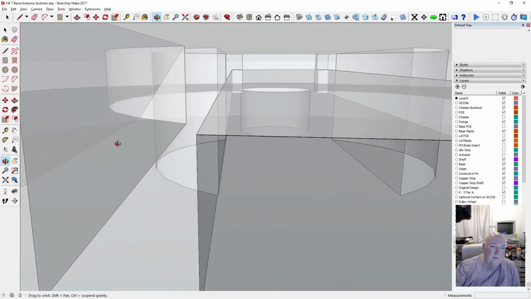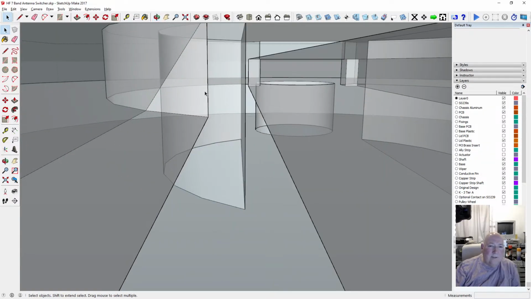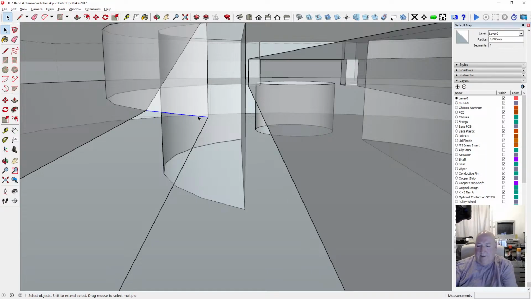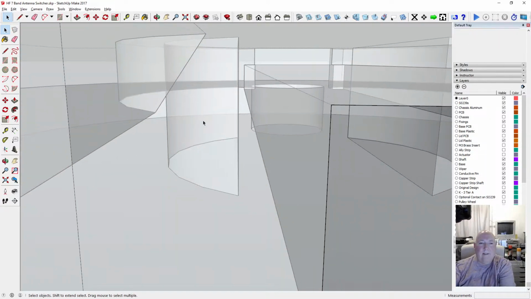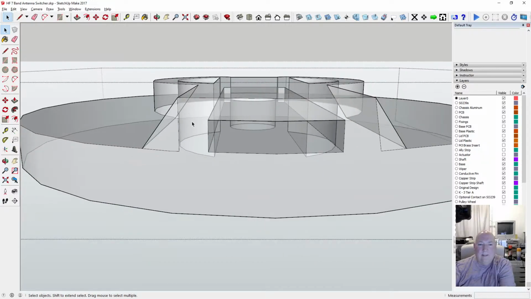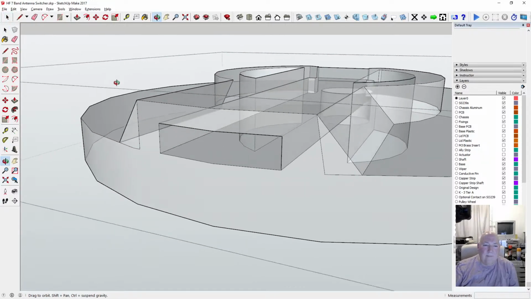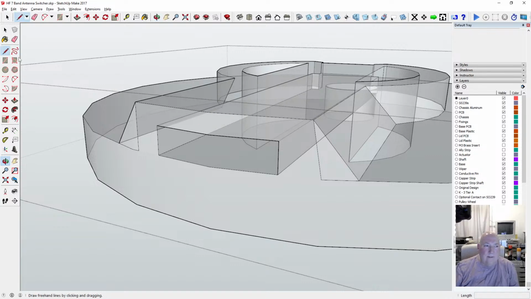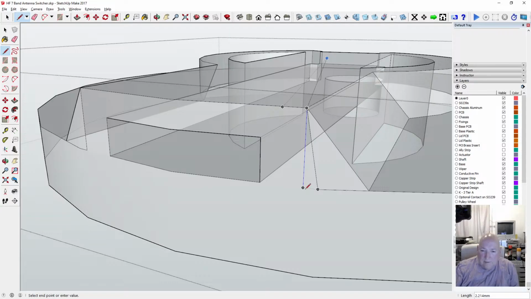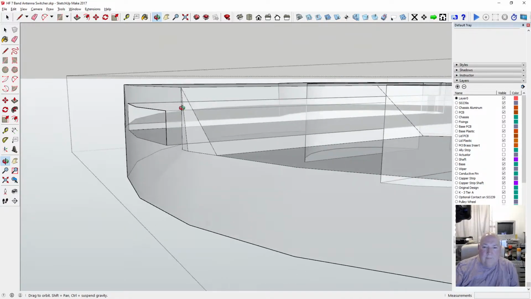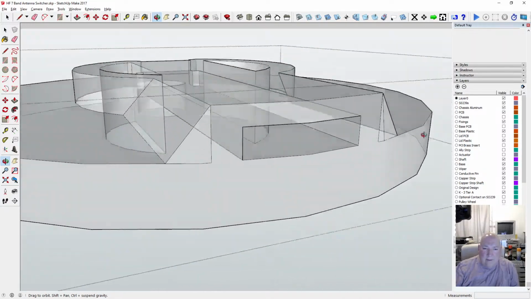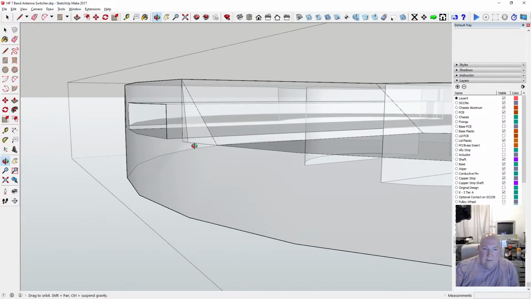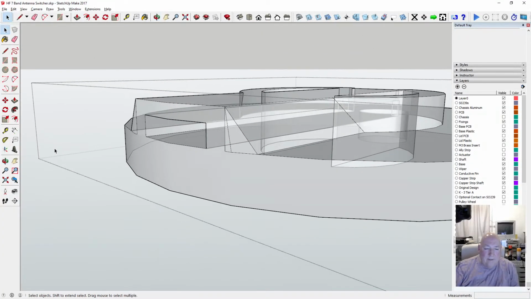So I need to go into the model to be able to select the inner surfaces. Get rid of that, get rid of that one. Get rid of that, that and that. And... Oh, I see. So something went wrong there. Right, is that okay now, or have I messed it up? No, I've messed it up. It's torn. Right, hang on then. It's tearing it up.